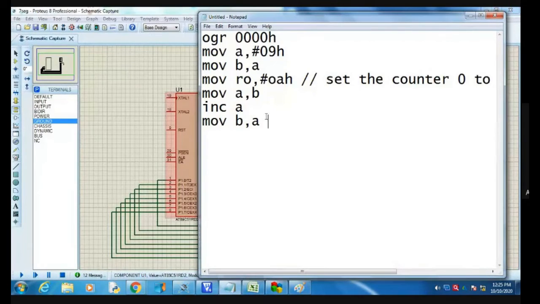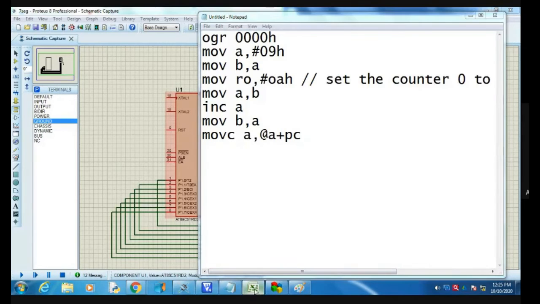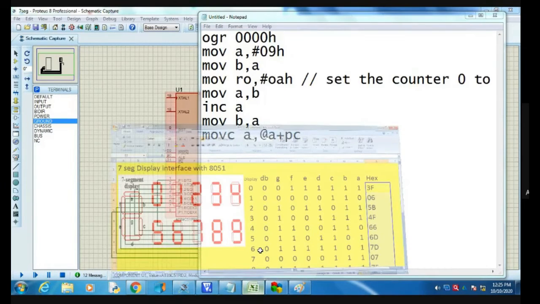For that particular address location, we have to define MOVC A, @A+PC. Why is it A plus PC? Because my program counter points to the initial stage of this address.